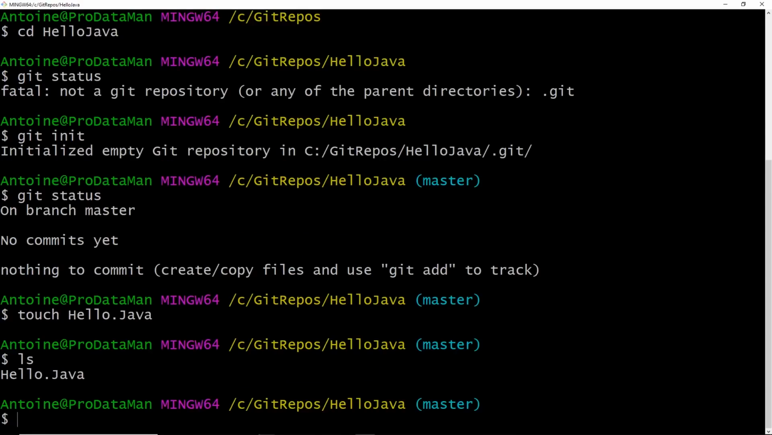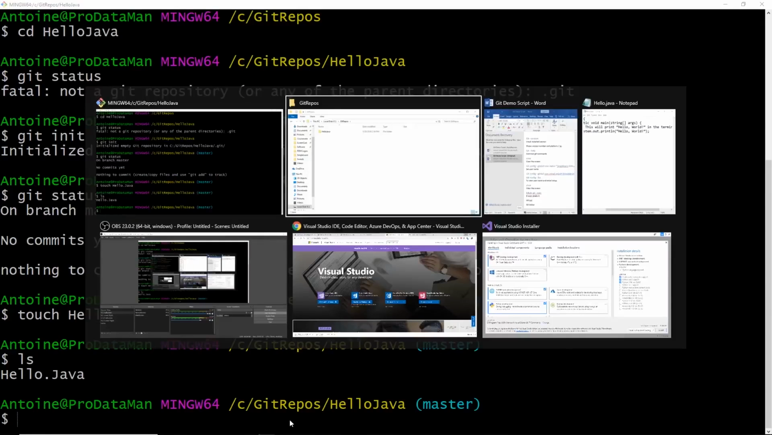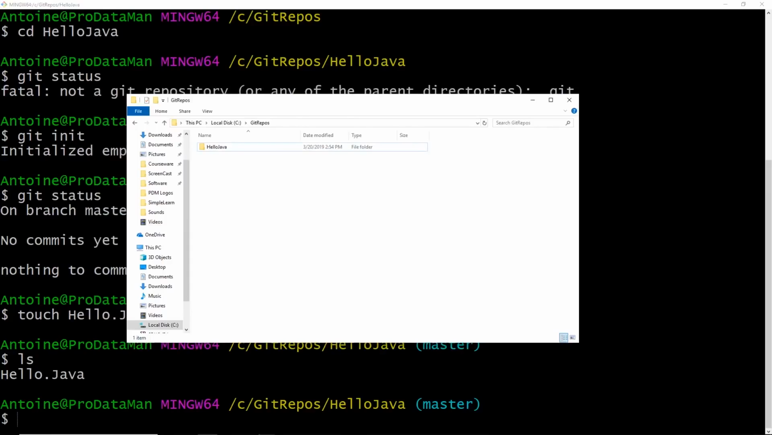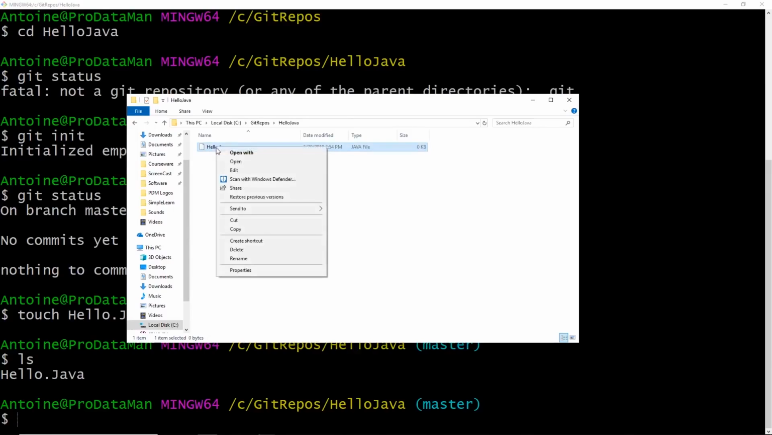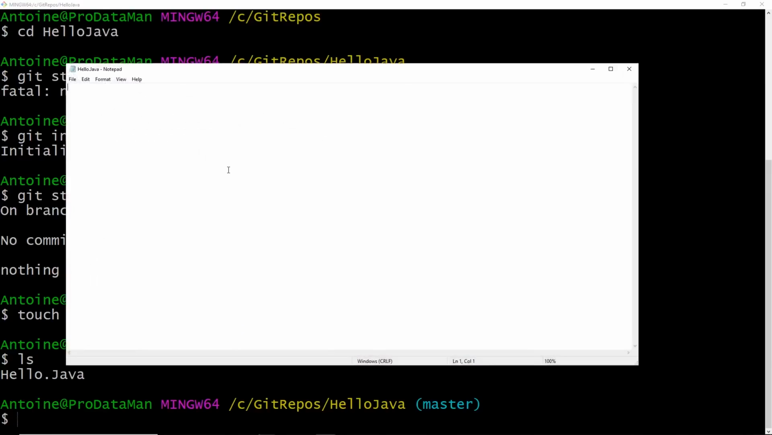Now I'm not going to bother with the Vim editor in here. I'll show you why in just a few minutes. But I'm going to go into my hello Java folder, and I'm just going to edit this file using Notepad. And I'm just going to create a very basic class here. And my class is going to be called hello. So I'm going to create a public class hello,